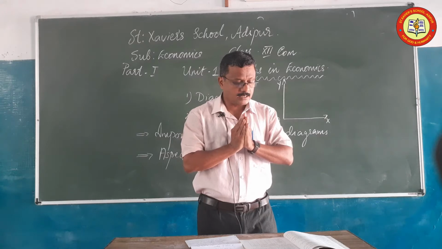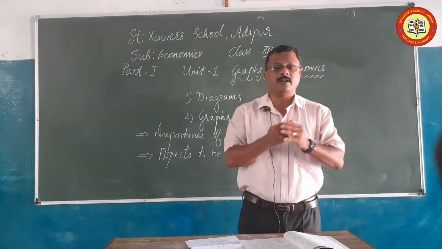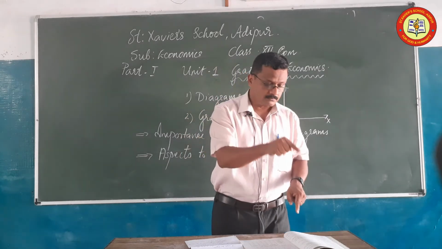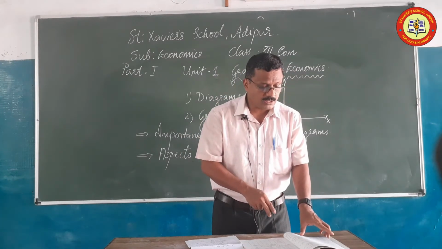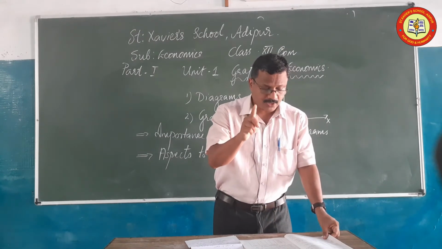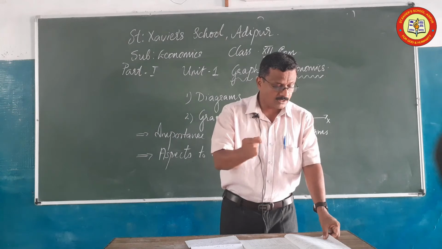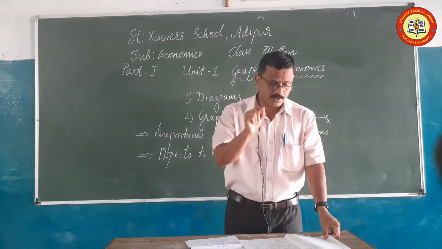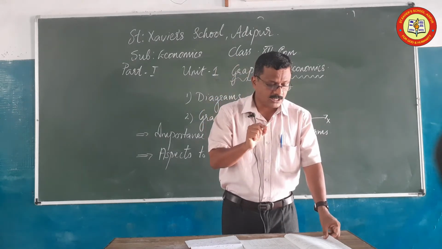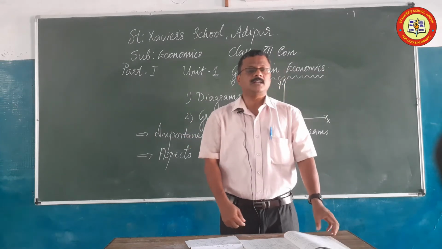See, on the OX axis, what is mentioned? Time period, and the OY axis is the growth rate of population. The appropriate scale is also taken. Now when you look at it, please look at the diagram there. Please see the graph. Students, from 1951 to 56, 61 to 71, 71 to 81, 81 to 91, 1999 to 2001, 2001 to 2011. And the population growth rate starts from 21.64% and it reaches up to 17.64%.